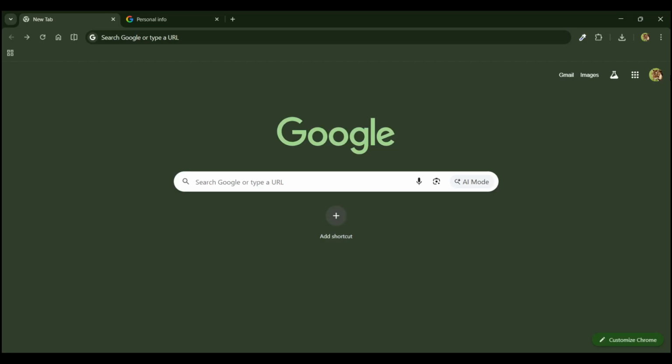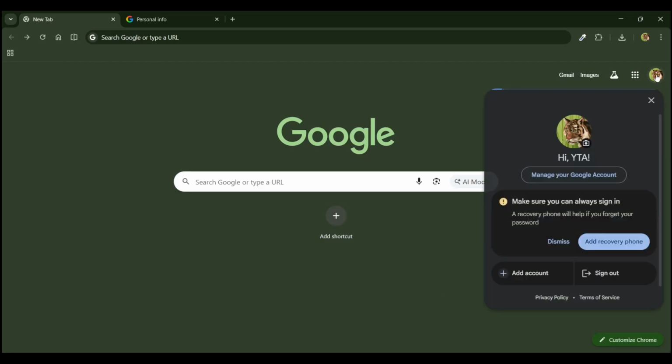instantly. Start in Google Chrome with the profile you want to update open. Look to the top right of your browser and open your profile menu. Next, click the option that says Manage your Google account. This takes you directly to your Google account settings in a new tab where you manage the details tied to this profile. If you don't see the option immediately, don't worry. Just make sure you've opened the profile menu from the top right and look for the link that mentions your